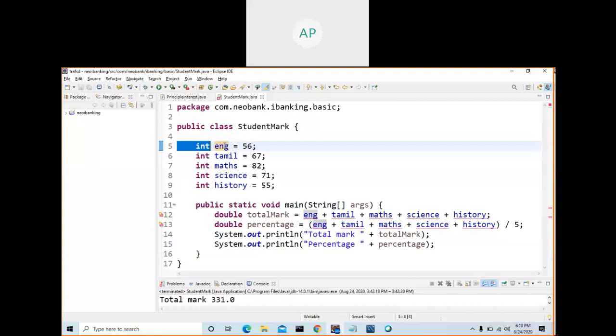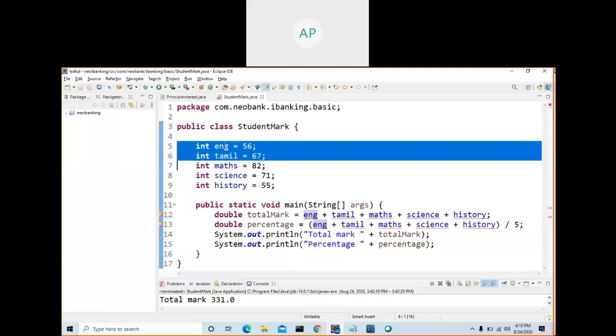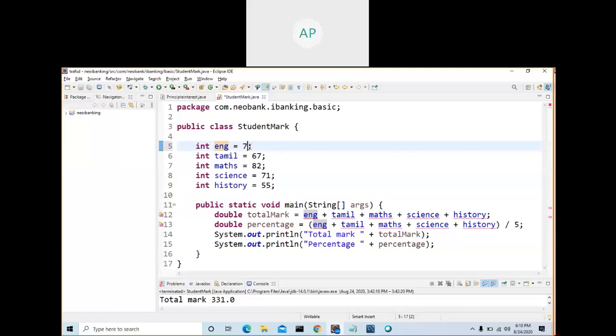As of now, we are learning Java, not web-based programming, so I am hard coding these values. Actually, these values will come from the screen, from the browser. Now I am giving my own values, some value 78, some value.